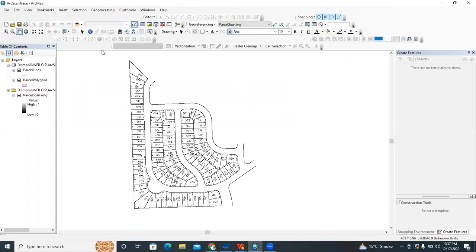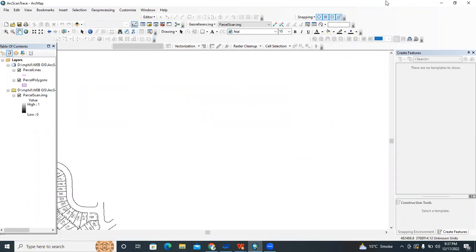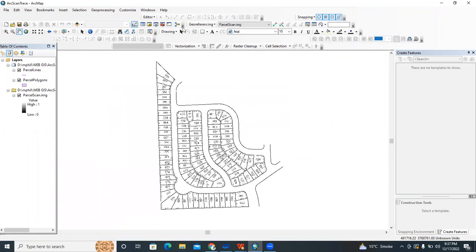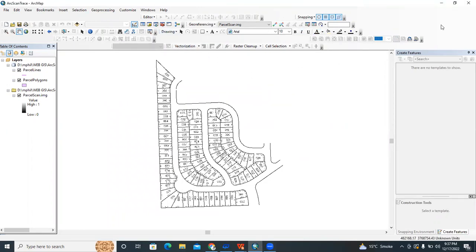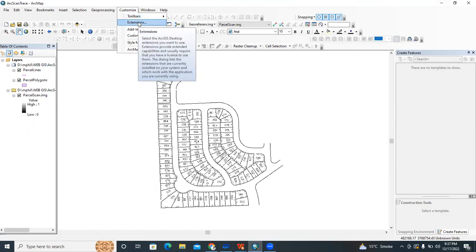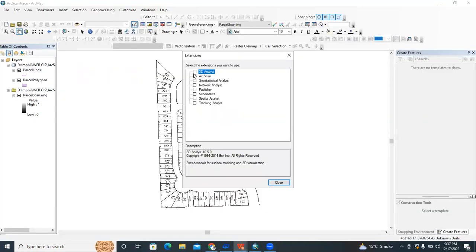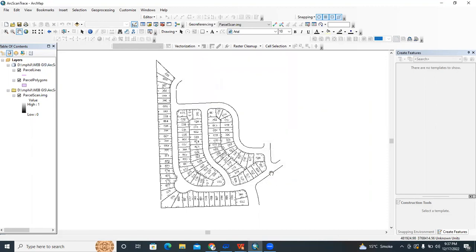So here is this data. I am going to customize options and extensions, and then I'm going to check this ArcScan option over here.